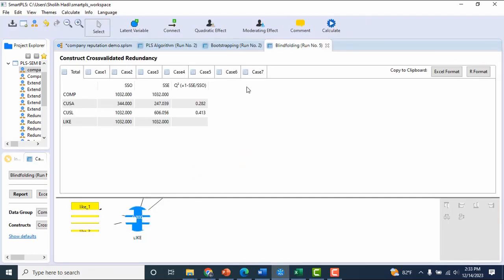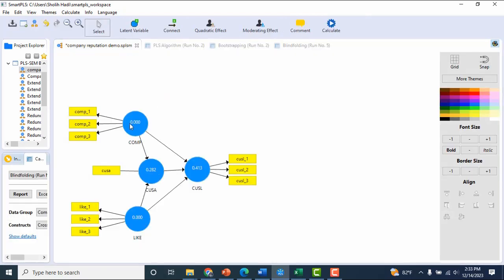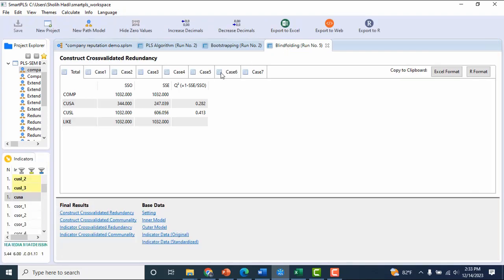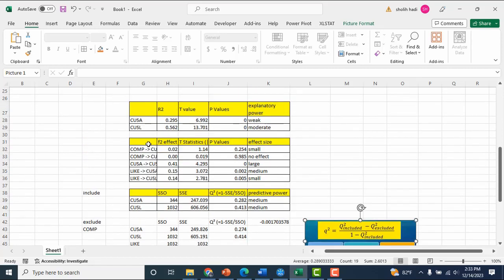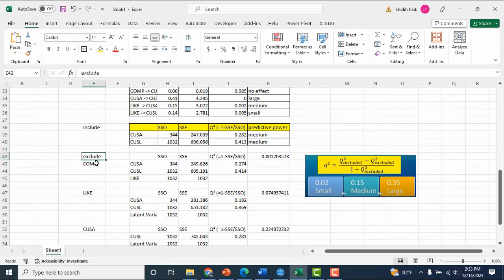First we go here, this is with the variable included, and we try to exclude. For the first we copy to Excel here, we copy here for the include, and then we try to exclude. First we exclude the COM.